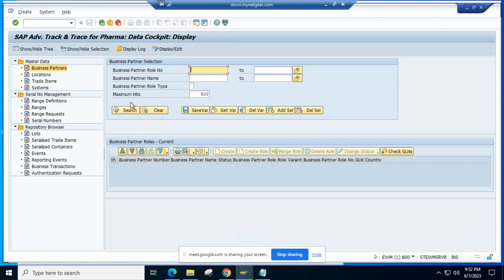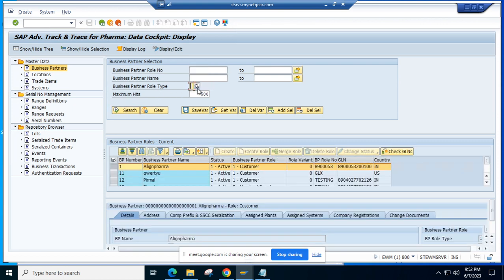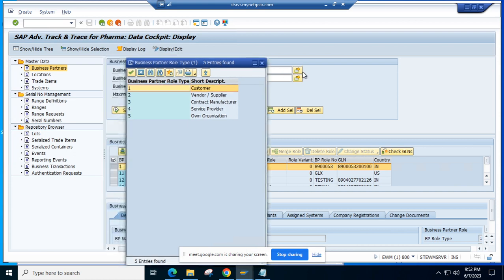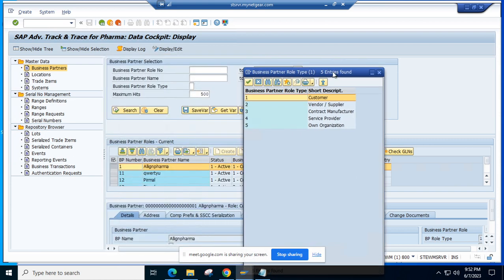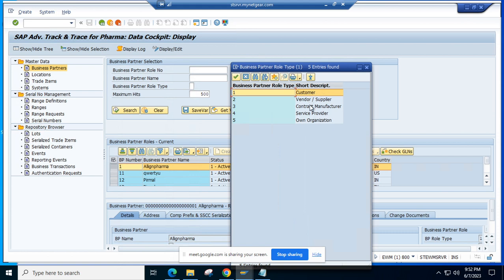In business partners, we have different kinds of role types: customer, vendor, contract manufacturer, service provider, and own organization. Customer and vendor we know. Contract manufacturer is, for example, if the owner of a product is a business and they don't have a manufacturing facility,